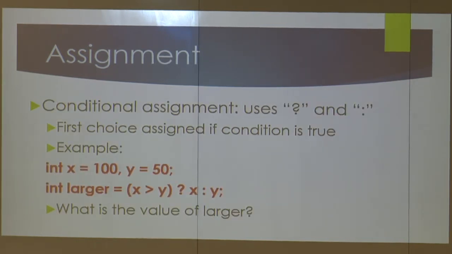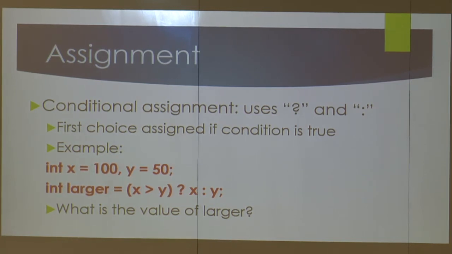And then another interesting one that can kind of replace an if statement or some Boolean logic is conditional assignment. And that's one that students don't always see a lot, so I like to go over it just because it's kind of interesting and you might need to know it either in this class or in a future class. So with conditional assignment, essentially the first choice is assigned if the condition is true, and otherwise the second choice is assigned. So in our example here, we have x is 100 and y is 50,